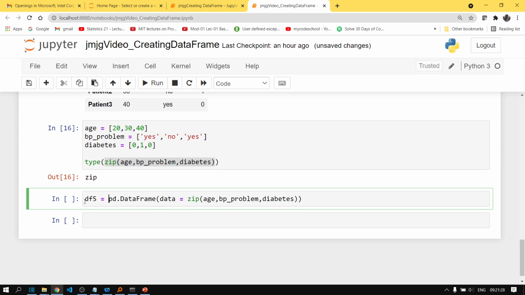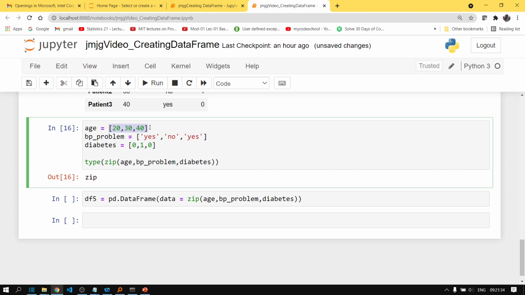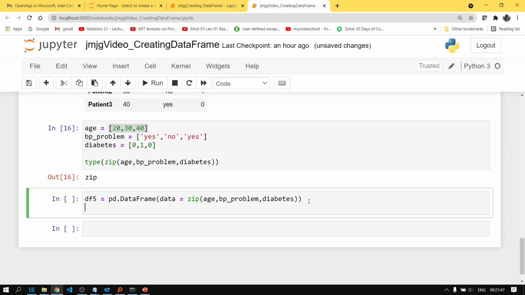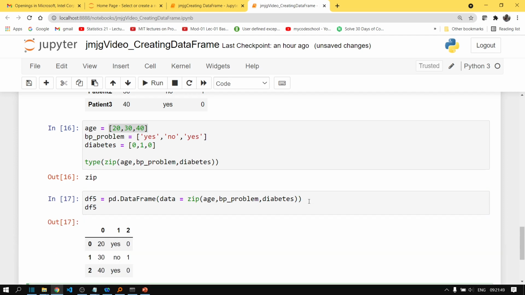df5, and obviously it will not have columns because we have just passed normal lists and not dictionaries, and we have merged the values from these individual lists, so the column names cannot be inferred. Let's print it.